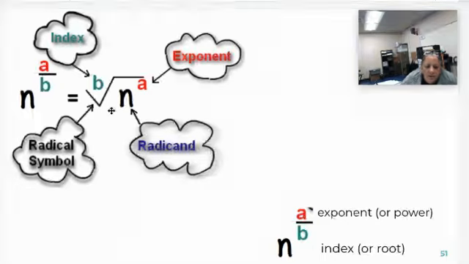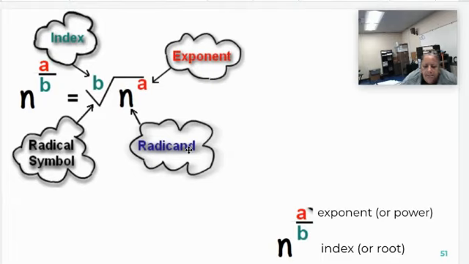And then just a couple other vocabulary words. This symbol is called a radical symbol. And the number inside the radical is called the radicand. It comes in handy to talk about the radicand sometimes instead of always saying the number under the square root sign. So make sure you've written this down and that you know the vocabulary words radical and